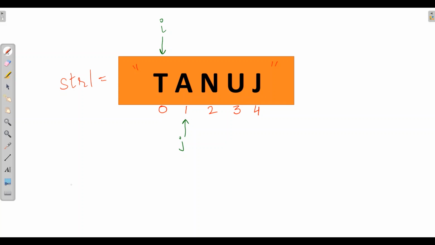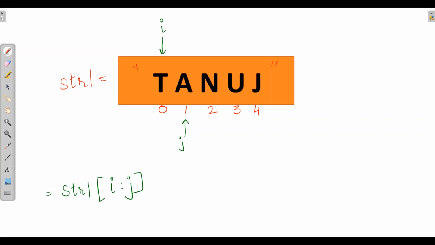And the most important thing, we will take str1 slicing I to J. I have discussed this slicing part in my Python tutorial series. If you face any doubt there, you can refer to it.